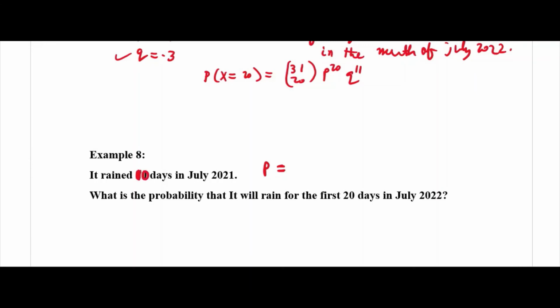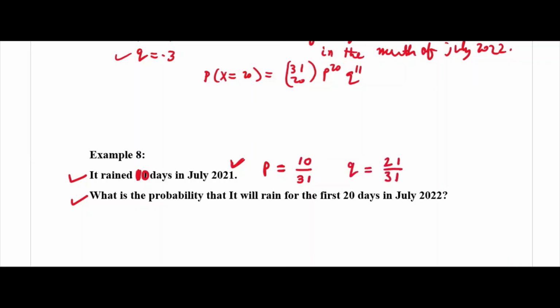because initially when you are doing this there might be confusion. It rained 10 days in the month of July, 2021. This is a sample. Now we have to forecast for the future. This is future, this is past. From the past we take a sample and estimate the parameter and write a hat here, but we will not go to that. You can directly write p here. So you have to estimate the probability of rain. It's less than half, because it rained only 10 days out of 31, so p is 10/31 and q will be 21 divided by 31.